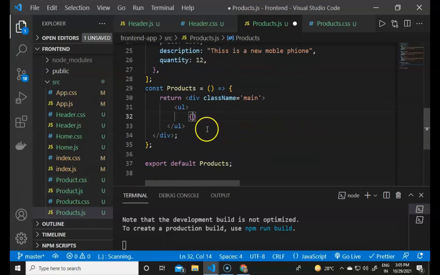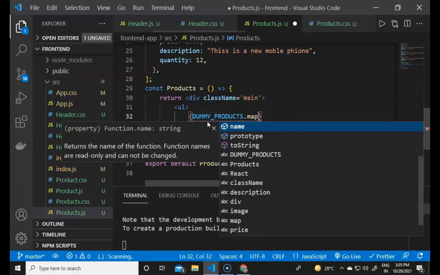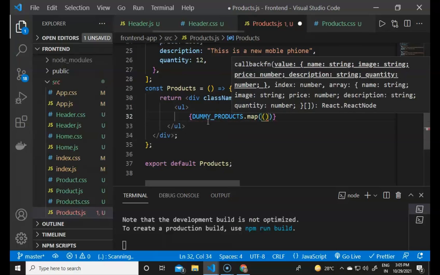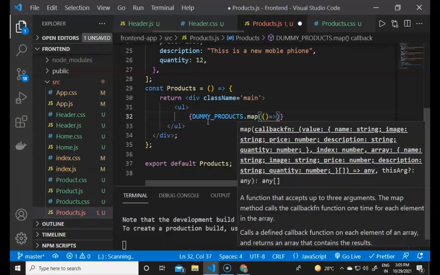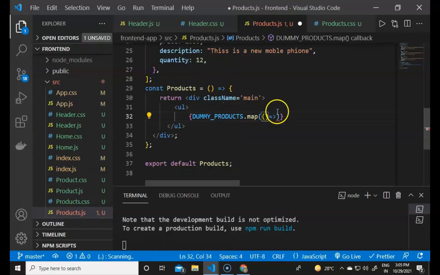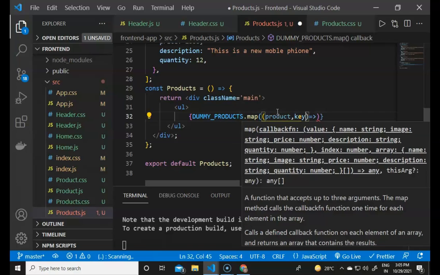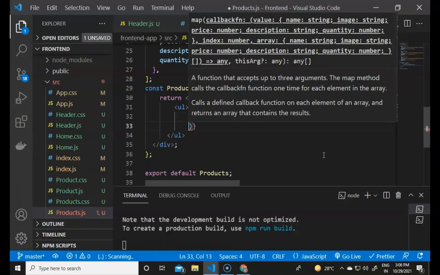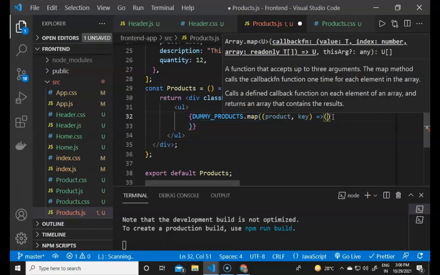We can do this with the map, because for loops are not allowed here, so it is dummyProducts.map, and the map function contains a callback function inside it. So we have to provide a function, an arrow function, and it will contain the iterator here, and the iterator will be the single product, and we need to define a key also with that. So the product will contain every product, and now in this we have to provide a new LI inside it. Every time it will contain the LI,